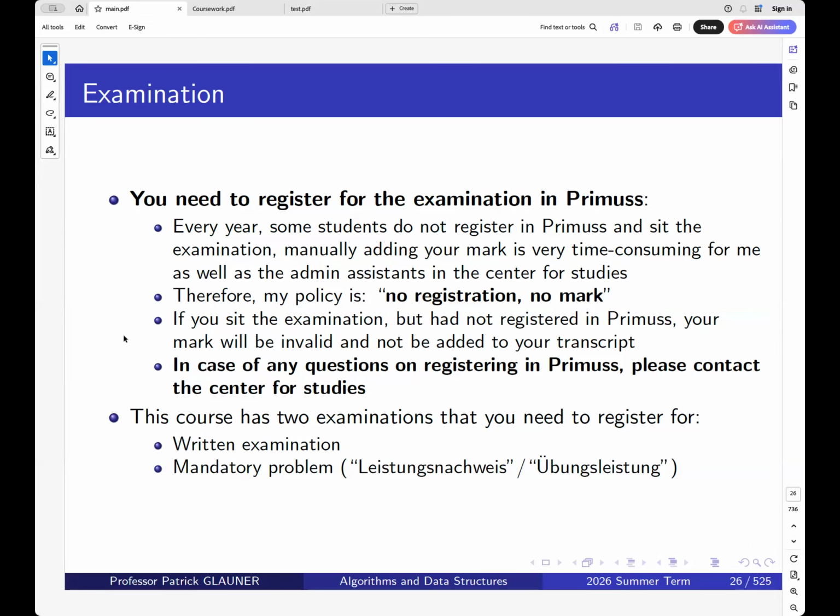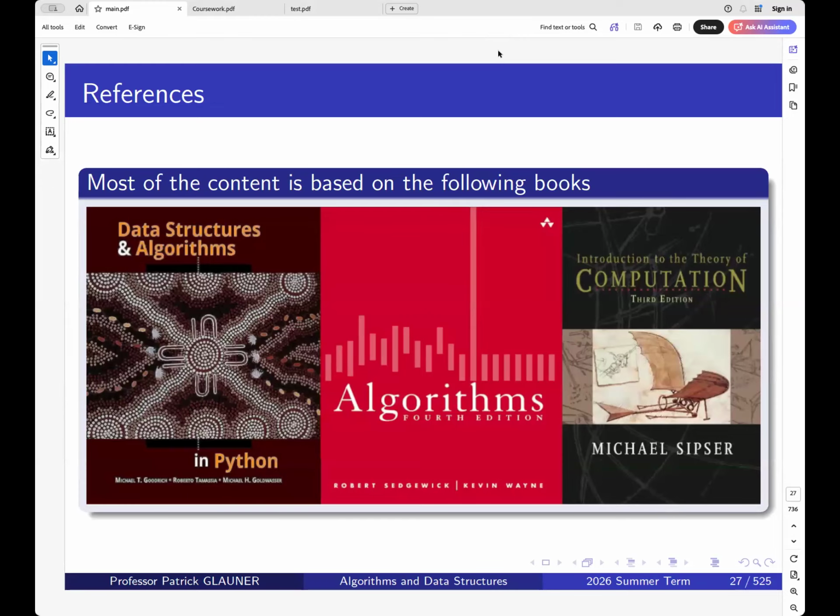Are you all okay with the organization so far? Maybe just some thumbs up or thumbs down, whether this is all clear or if there are any questions about the organization of the course. If there are questions, send them anytime in the chat or turn on your mic. So looks all clear. Then